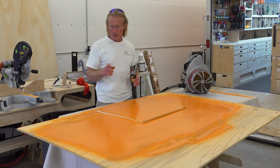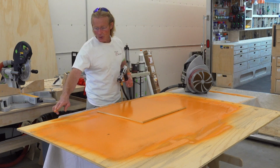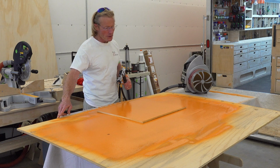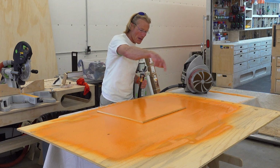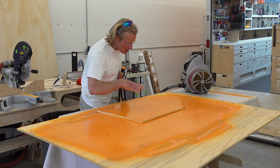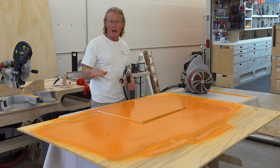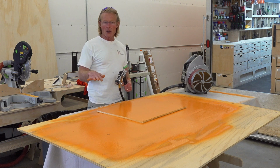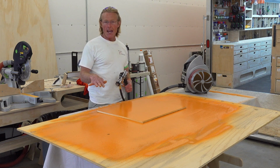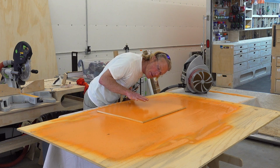What I'm going to do for myself is, I did the sample to do some testing of different things on the other side of this board. Then I flipped it over. I got a little better results on this. So then I took this one and I sprayed the whole thing out, and I'm going to let this dry out. I want to see what it would look like if this were a cabinet or my workbench or something like that. Right now it looks a little